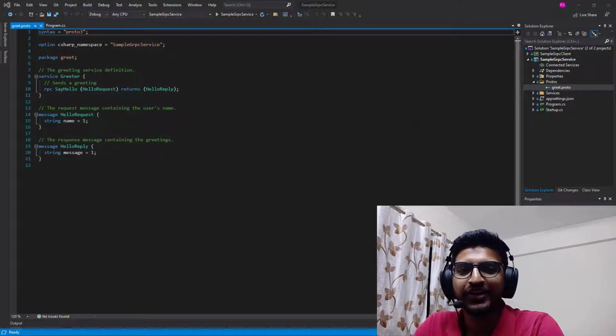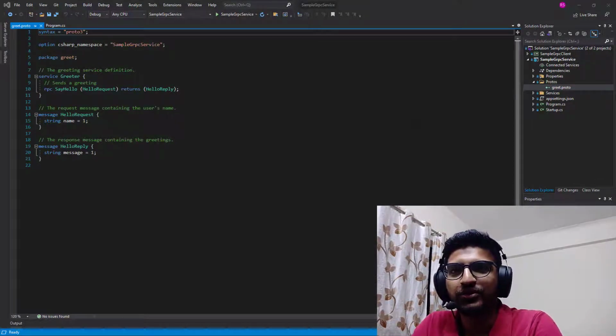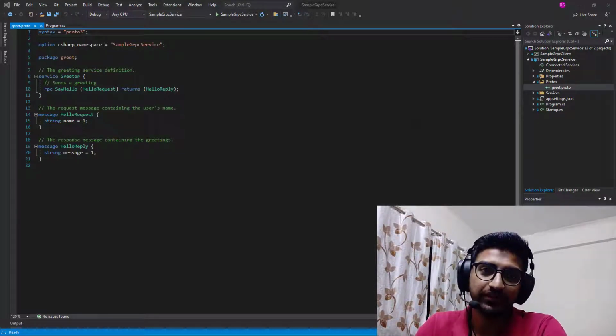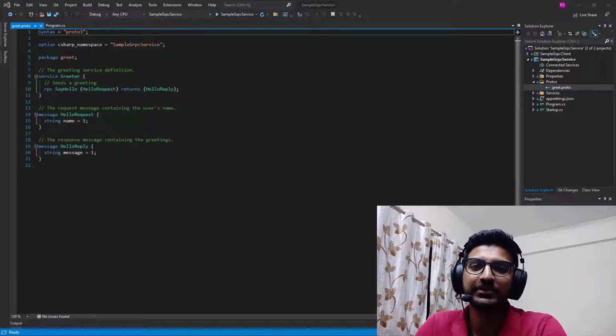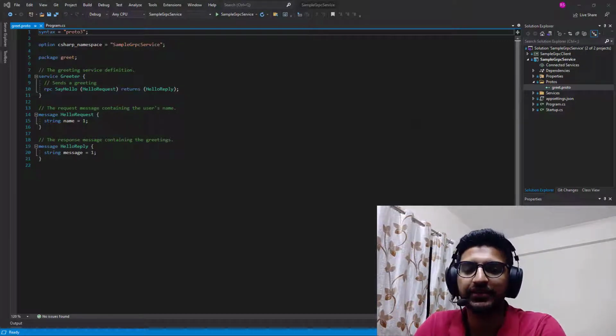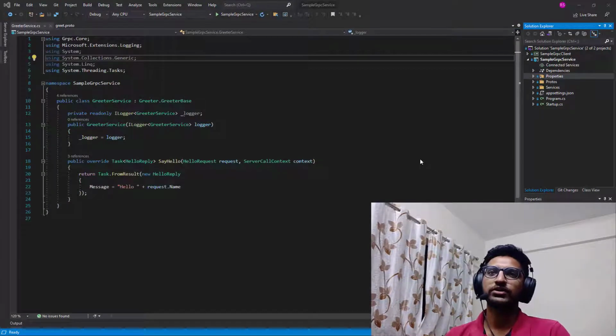Hello. If you know how to create a gRPC service, you might know that in order to test a gRPC service, you need a dedicated gRPC client. We cannot test it via browsers like we can test a REST API. Today we are going to see if there is a GUI based gRPC client, as in case of REST we have Postman, to test our gRPC service.